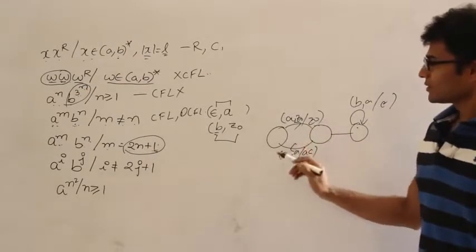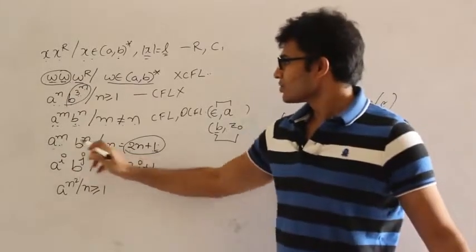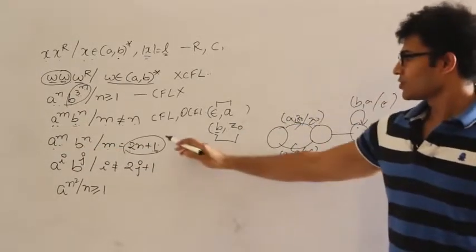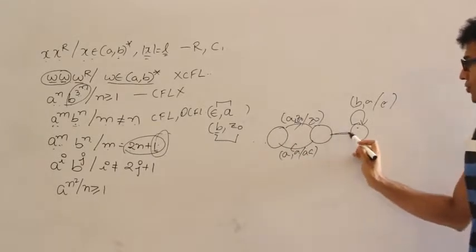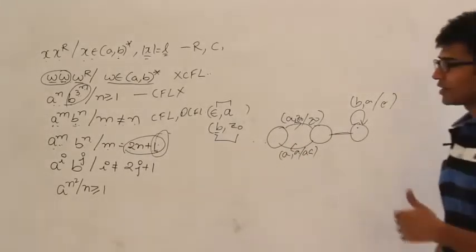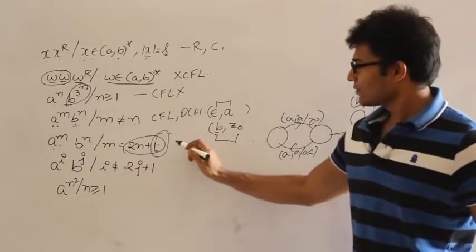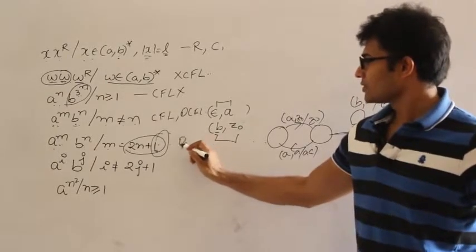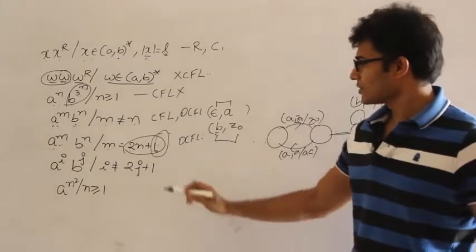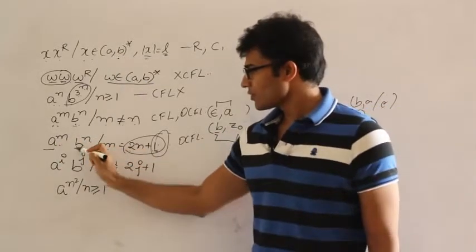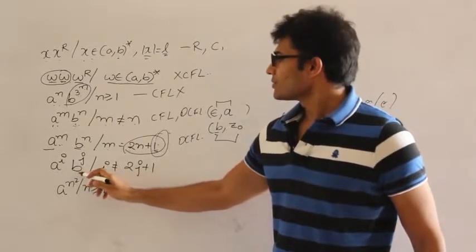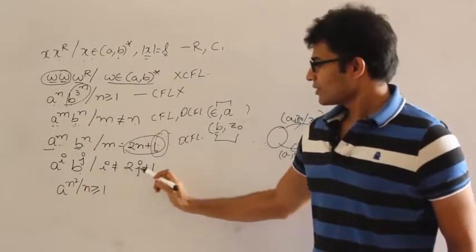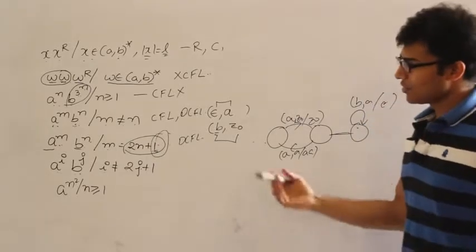So if you put it like this, for every 2 a's you are pushing 1 a, and moreover you have to push one more extra a. So either you push it in the initial state or you push it here and then you come out. So it can be easily done. Therefore this is definitely context free, and moreover it is deterministic context free language. The reason is I know when to push and when to pop. Okay, and next one is a power i b power j such that i is not equal to 2j plus 1. So this is also simple.